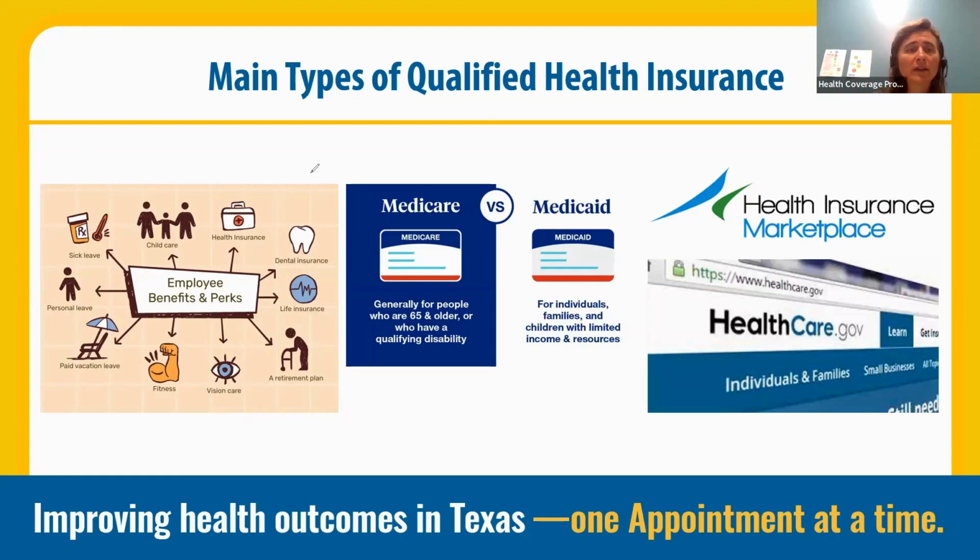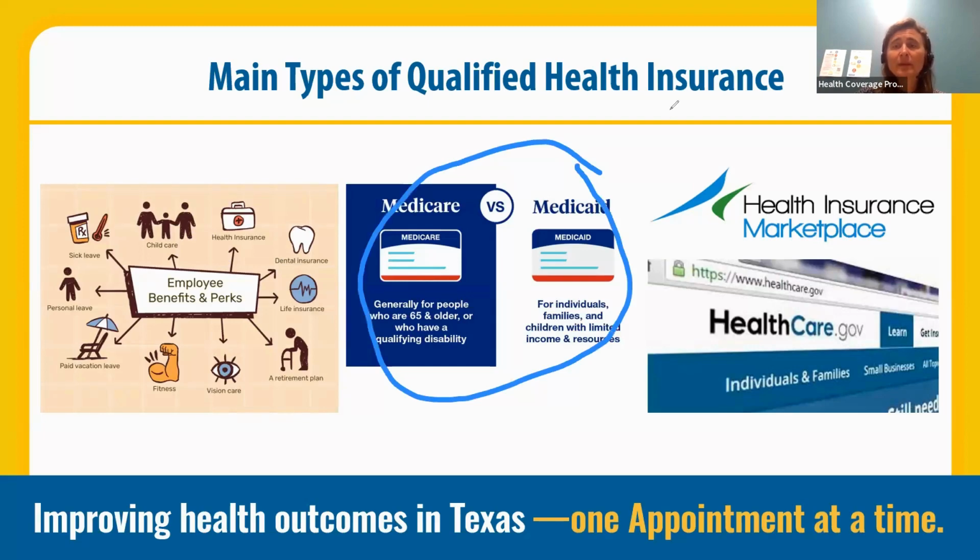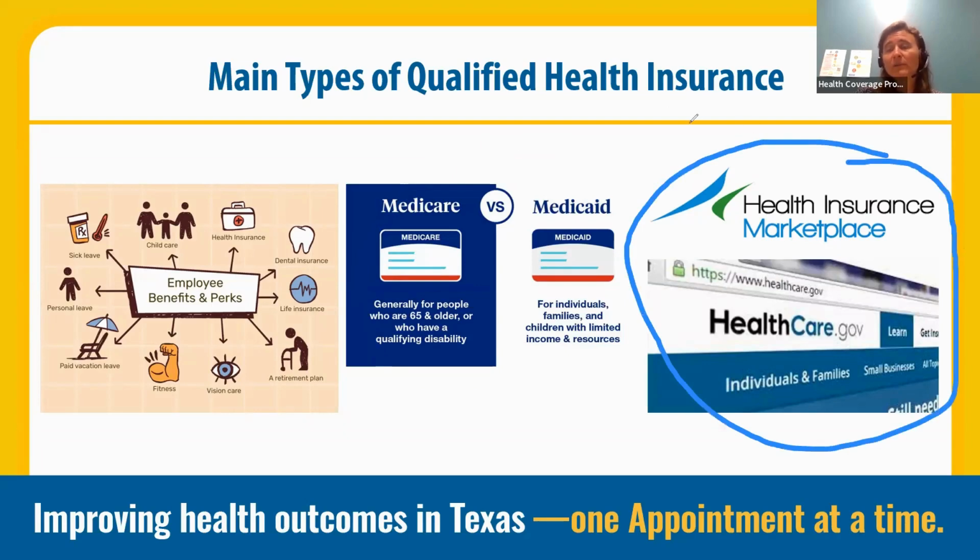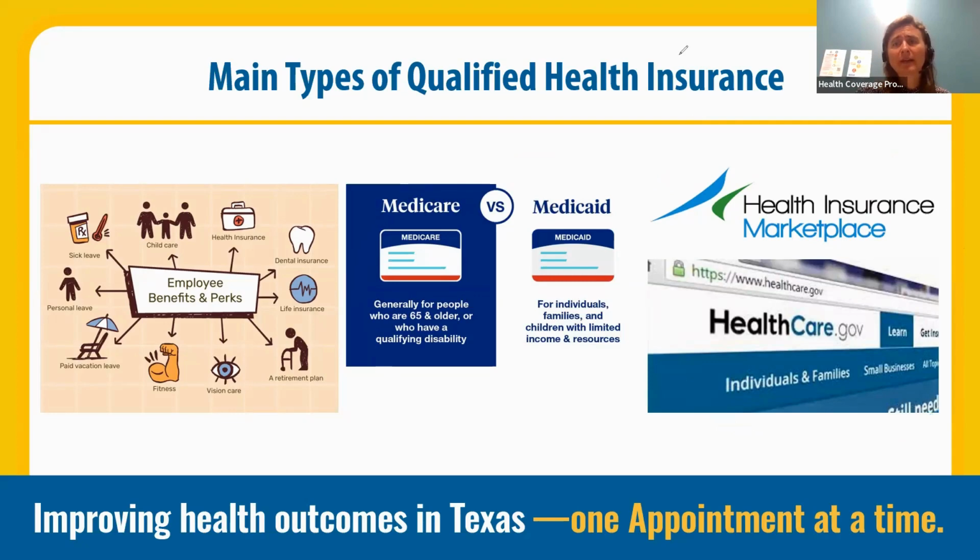So you can see here in this list of employee benefits and perks, health insurance is listed here on the top right of that picture. Most people in the United States who have health insurance get it from employers. The numbers are about like 47% or so. So not quite a majority, but a much bigger chunk of people who have qualified health plans have those health plans through an employer. But if somebody might qualify for more affordable coverage through a public program, or if somebody maybe doesn't have an employer that offers them health insurance, or maybe they're just not working right now, maybe they're self-employed, those folks tend to have coverage through the health insurance marketplace. So these are like our 3 main categories of qualified health plans here.